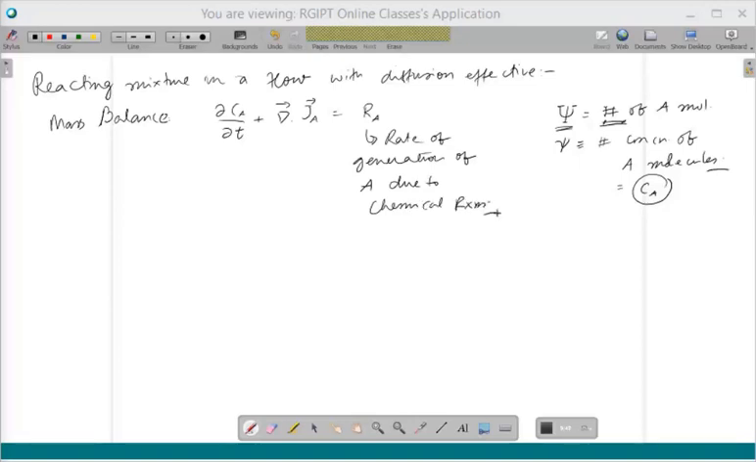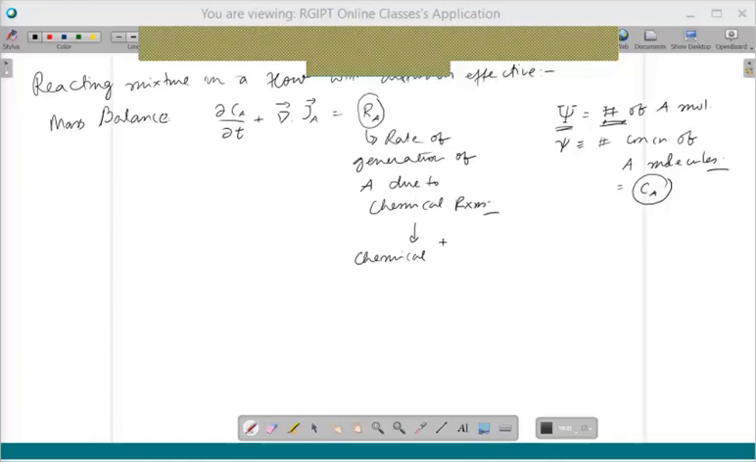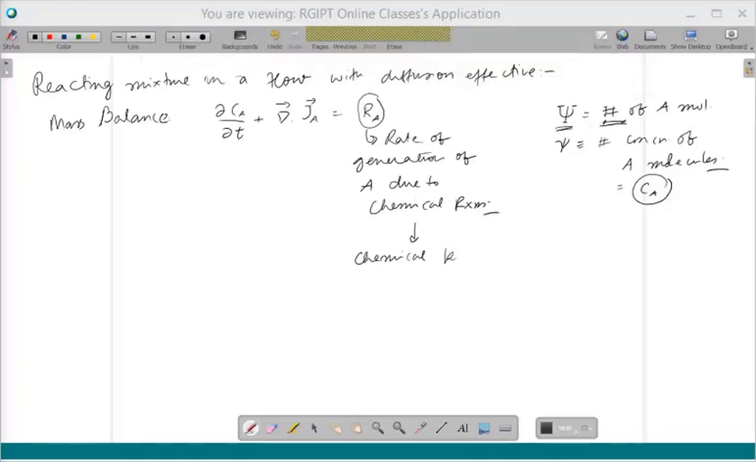Now how do I get that? I can do a batch experiment and find out the kinetics, how the rate of generation depends on various parameters and quantities. This is obtained by a chemical kinetics study in batch. You don't have to do the flow. You can separately find out the rate of generation of A in any batch process, and use that over here. So in general, a chemical kinetics study